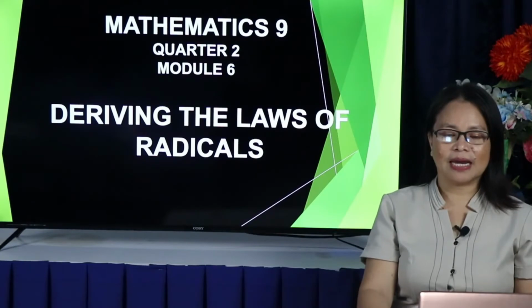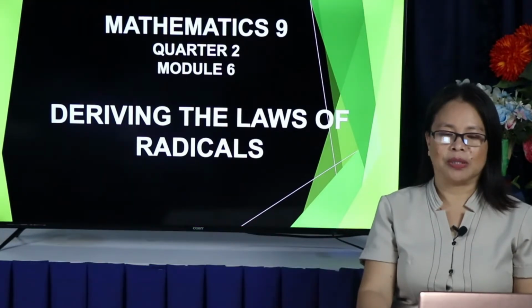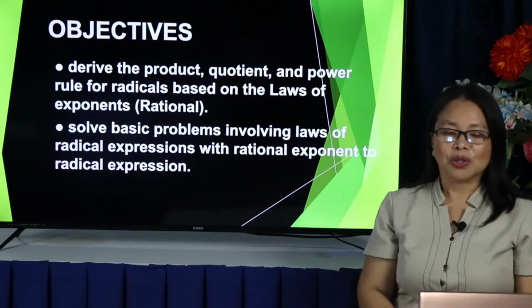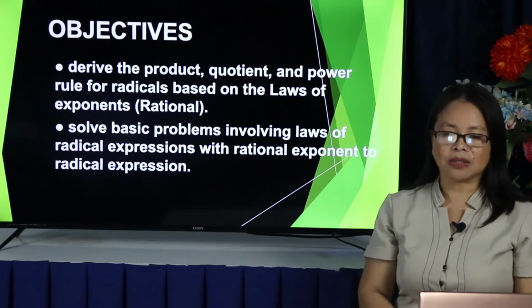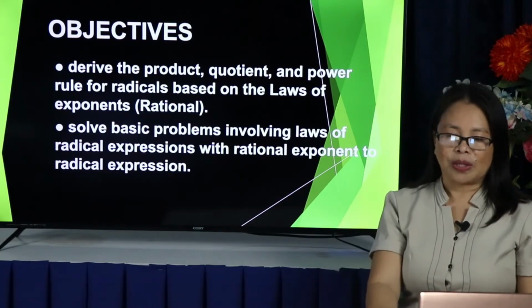Hello, dear students. Now that you are all settled in your homes, bring out your pens and notebooks and our learning module. Specifically, your Mathematics 9, Quarter 2, Module 6. Here are our objectives for today. At the end of the lesson, you should be able to derive the product, quotient, and power rule for radicals based on the laws of exponents, which is rational, and solve basic problems involving laws of radical expressions with rational